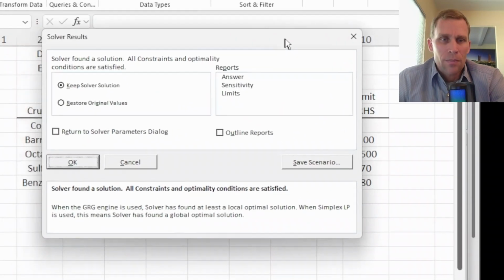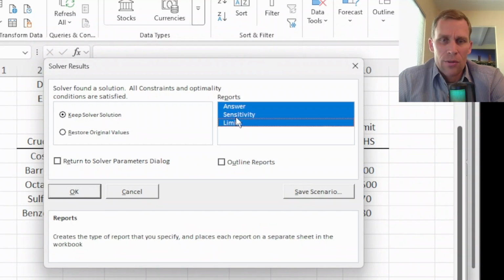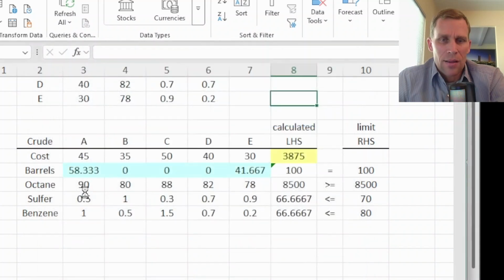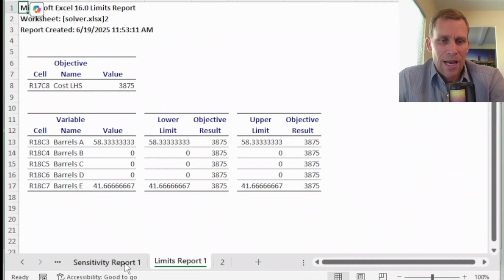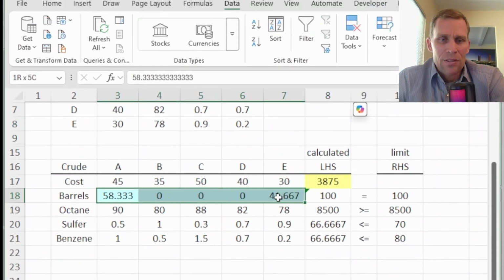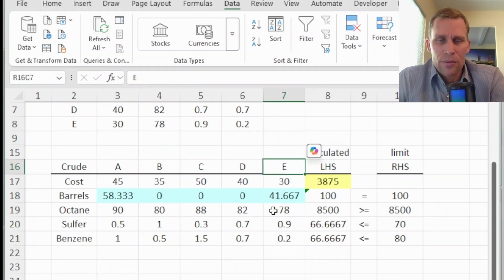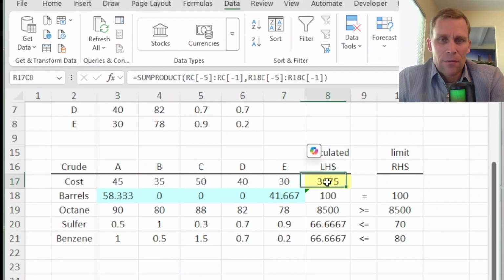Okay, so what popped up on my other screen, this dialog box right here, says solver found a solution. We can also add in the different reports if you're curious about the answer, the sensitivity, and the limits. So I'll click OK to that. And I have some new tabs down here to give me the values, the reports. But what happened was it populated with the exact same numbers that we solved for in RIMS, which was a solution of 58 1/3 barrels of crude A and 41 2/3 barrels of crude E. And it gave us an objective function value of